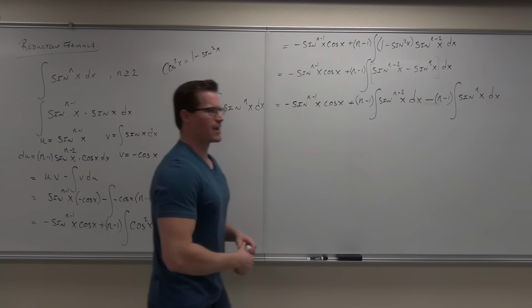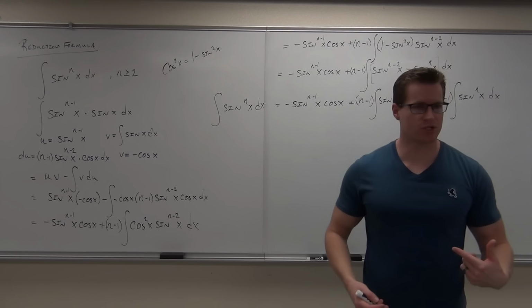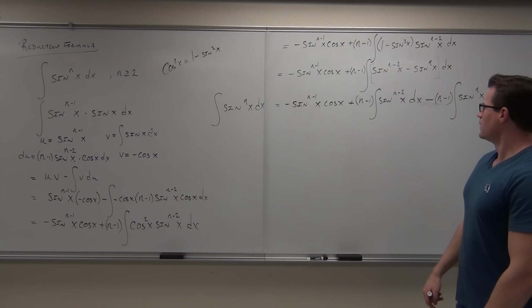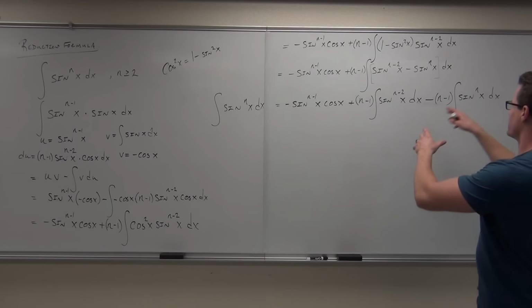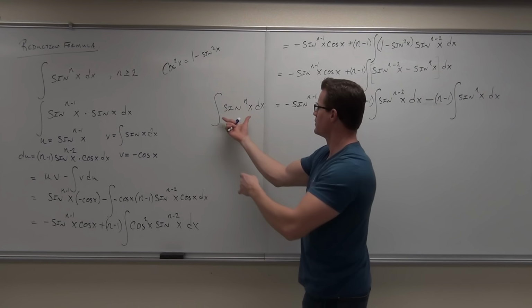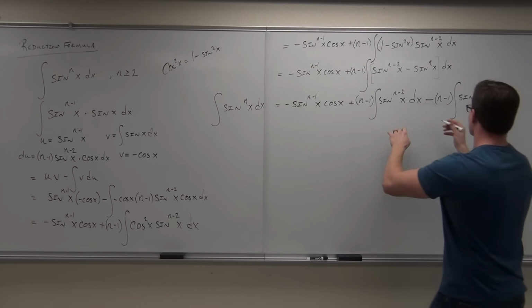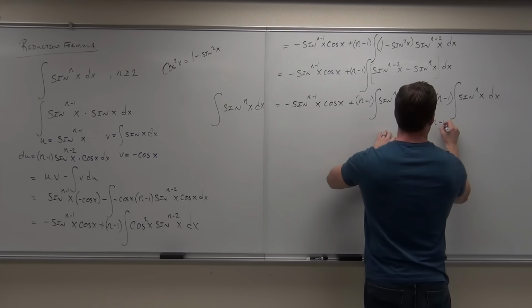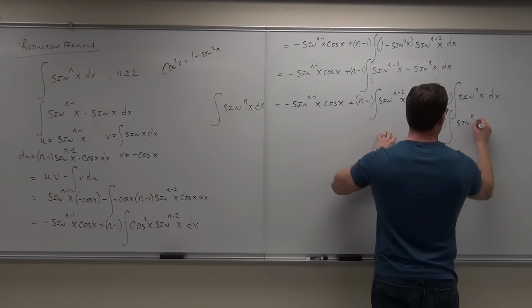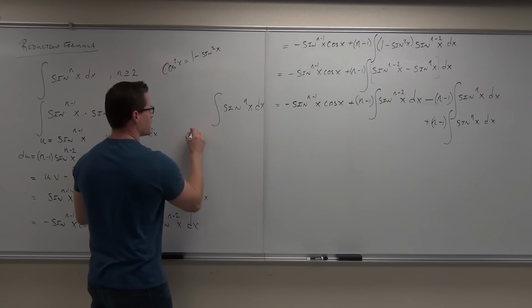Okay, so every time you've seen this before, I think we've seen it like 3 or 4 times now in this class, because I want you to get used to it. This stuff happens, especially on your type of homework. What do we do to get rid of this piece? Add it to both sides, it's an equation. We have proven that this equals this entire mess of garbage. So if we just add n minus 1 times the integral of sine to the nth power of x to both sides,